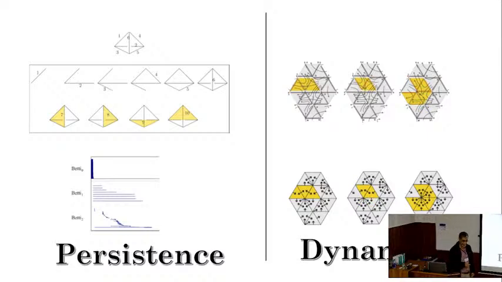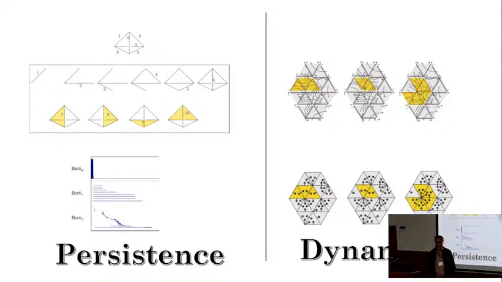Now this simplicial complex is the geometric connection between the two theories, because persistence works on something called homology. So it's a group structure, and this homology is defined on simplicial complexes. The special homology is called simplicial homology, and that's the building block of persistence theory. In dynamical systems, there is nothing simplicial complex about it. Generally it comes from ODEs or PDEs, the equations, but combinatorial dynamical systems, which is a very recent phenomenon, let people define a combinatorial dynamical system on a simplicial complex. So that's the connection between the two.